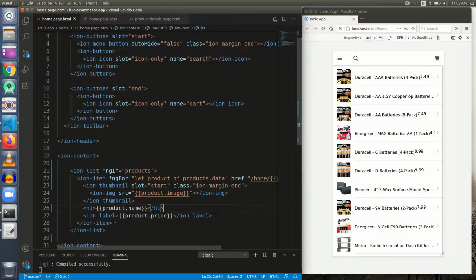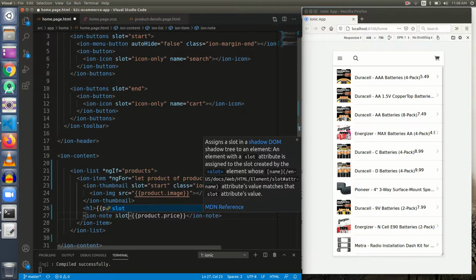So I am going to replace this with the help of iron note. And guys, be very cautious while doing it, because if you are changing the starting tag, you must also change the end tag. So iron note is used for secondary text, and I am going to use a slot of end for it.